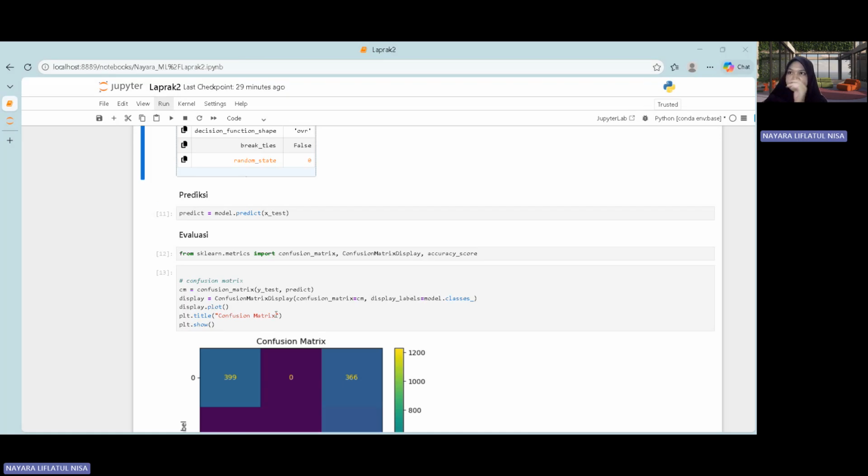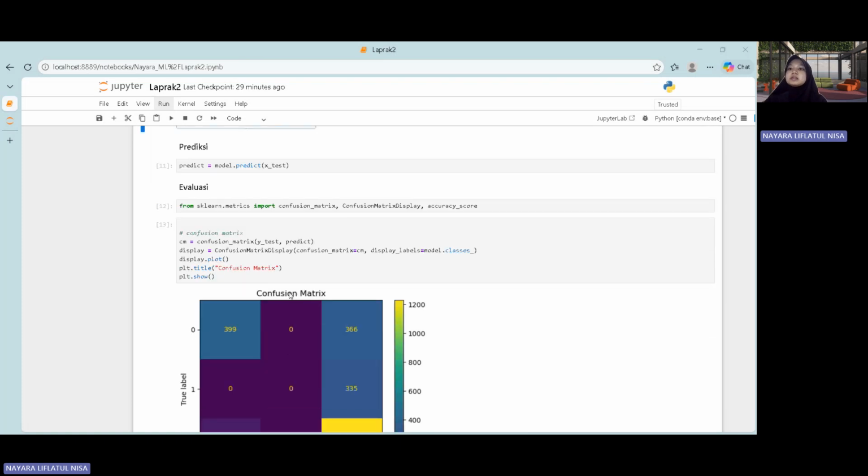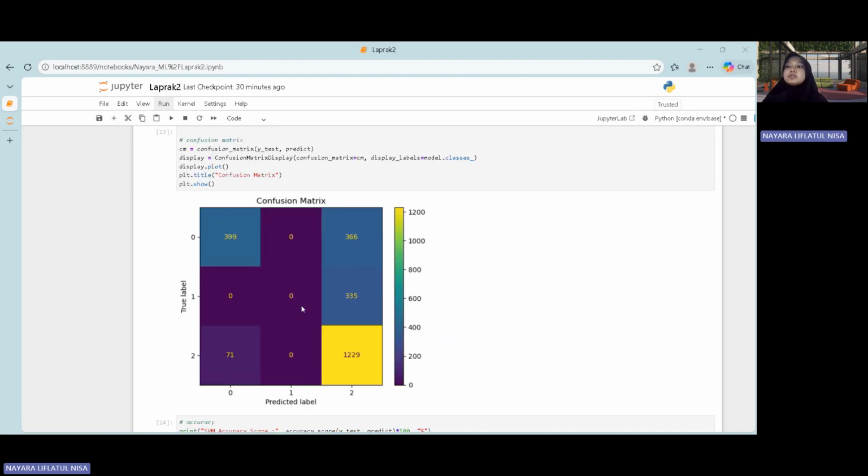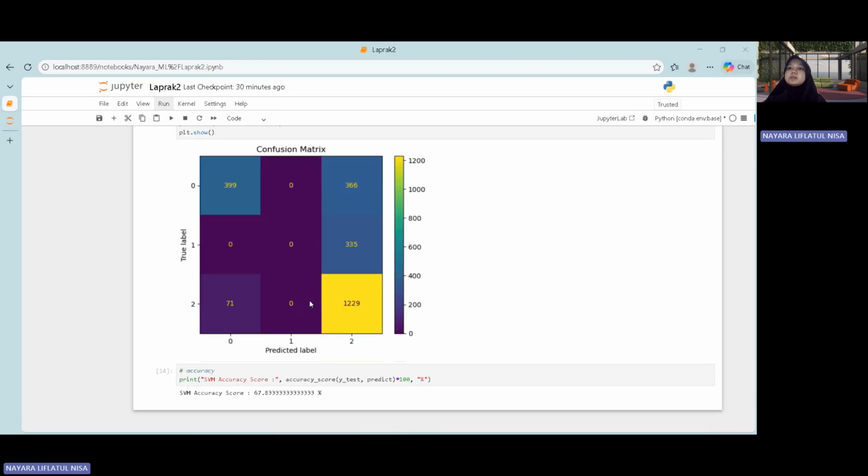Next is evaluation. To evaluate the model, I use a confusion matrix. This matrix shows the comparison between actual values and predicted values. From the confusion matrix, we can see how many predictions are correct and where the model makes mistakes. Okay. The last part is